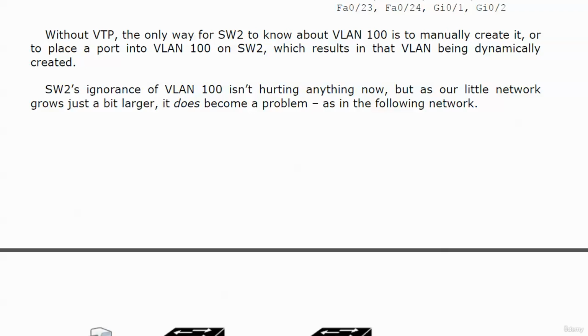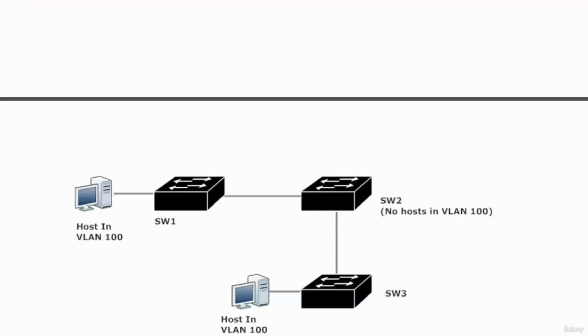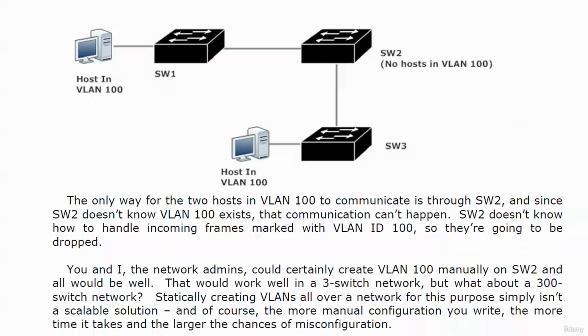It's not really hurting anything right now, but as our network grows just a bit larger, it does become a problem, as in this scenario. The only way for our 2 hosts in VLAN 100 to communicate, hey, switch 2's got to get involved because there is no trunk between switch 1 and switch 3. So since switch 2 at this point does not know VLAN 100 even exists, that communication can't happen because switch 2 doesn't know how to handle the incoming frames marked with VLAN ID 100, so they're just going to be